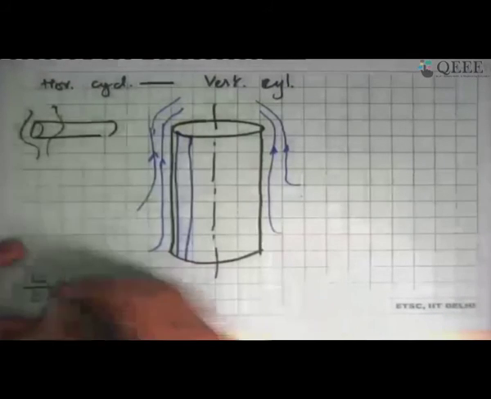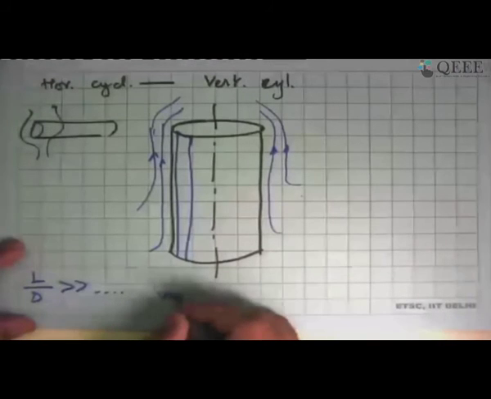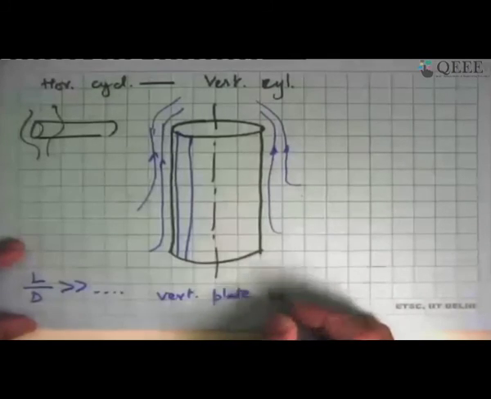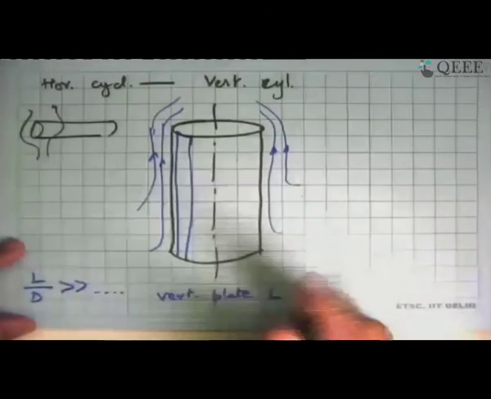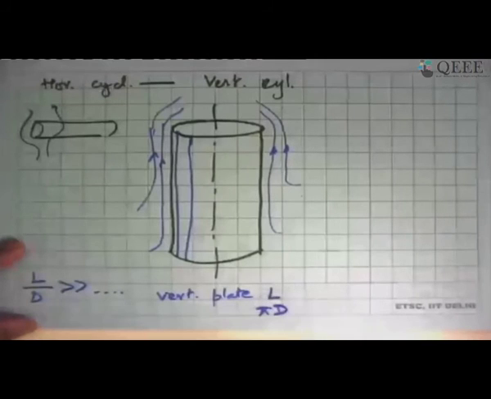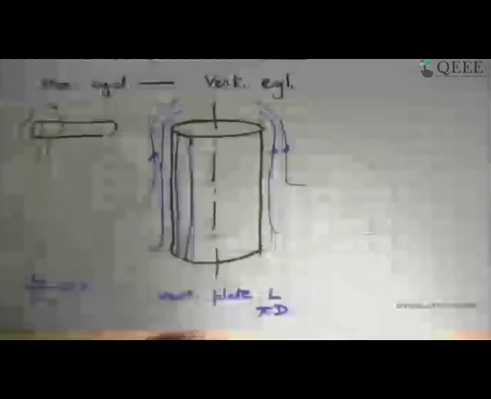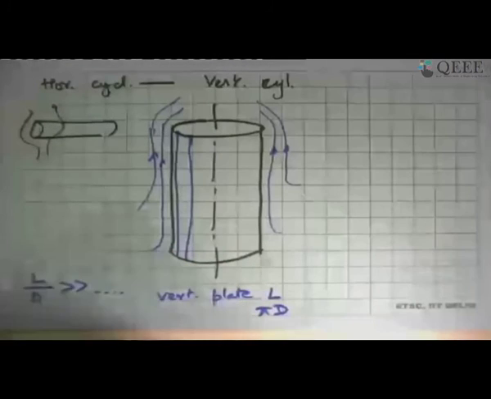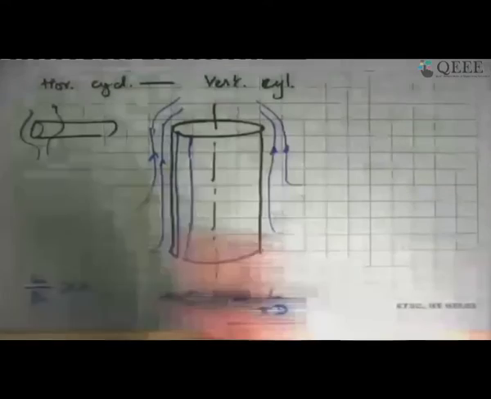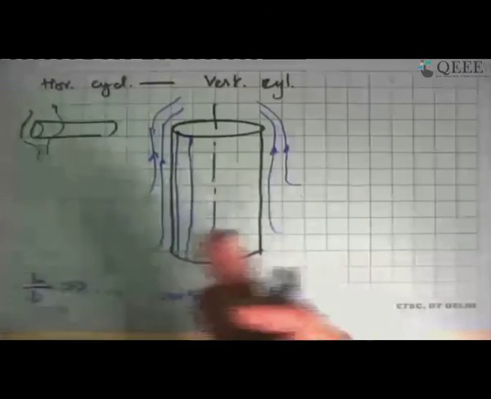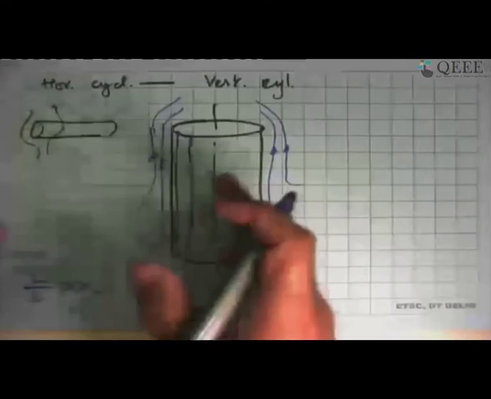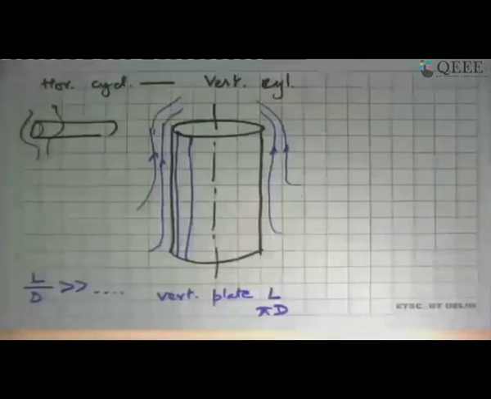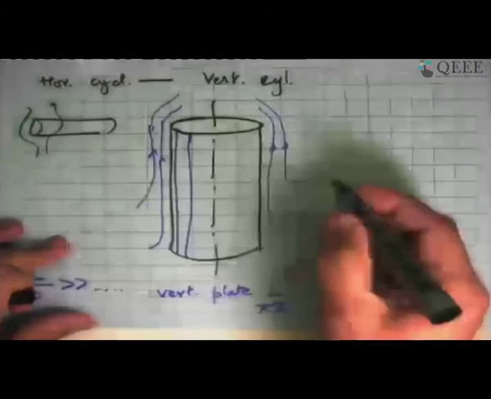So under some conditions, we can model this whole thing as a vertical plate whose length is the length L and whose width is pi d. So you can open up the cylinder, treat it as a vertical flat plate and use the flat plate correlations. If L by D is not very large but moderate, then there are correlations which give a correction factor that is decent enough. So that's how you can tackle what happens on a cylinder where flow is taking place on the outside.